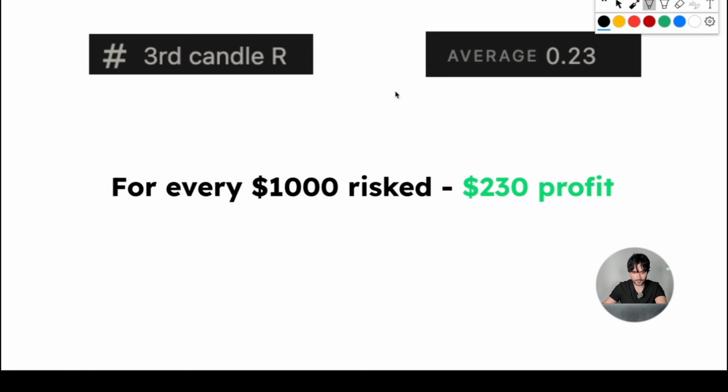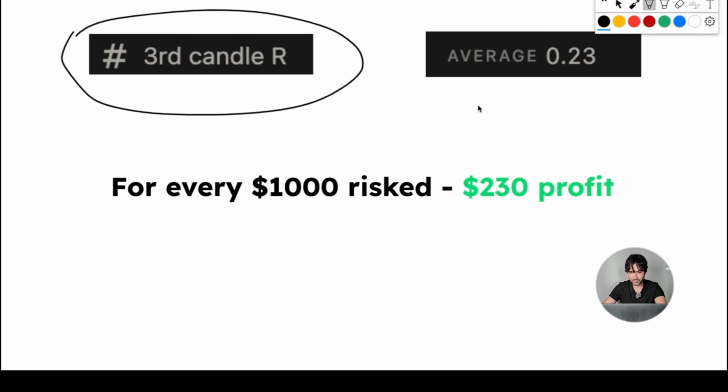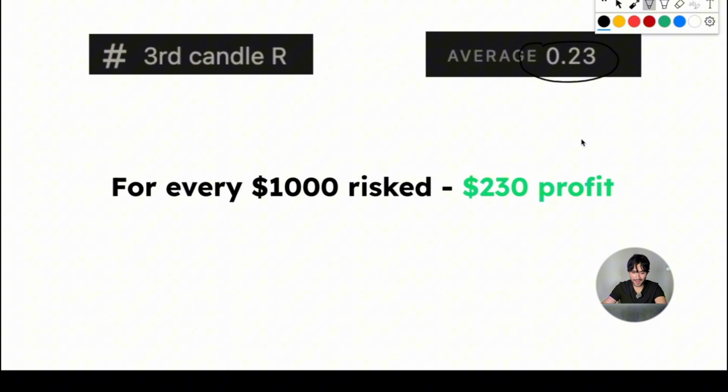As far as the data goes for this system, at the third candle close, we are averaging about 0.23R per trade, which for every $1,000 risked is $230 profit. So for example, if you take 20 trades for the month, you are going to be averaging $4,000 to $5,000 a month. Of course, this could look like one month you making 10 to 15K, the next month you might be down 2 or 3K, and maybe the next month you're break even. You guys get the idea. It's an average. As long as we're getting the volume of trades, which is going to be about a trade every day, eventually the stats will even out to about 0.23R per trade, which again, if you're risking $1,000 per trade, is about $230 profit per trade.